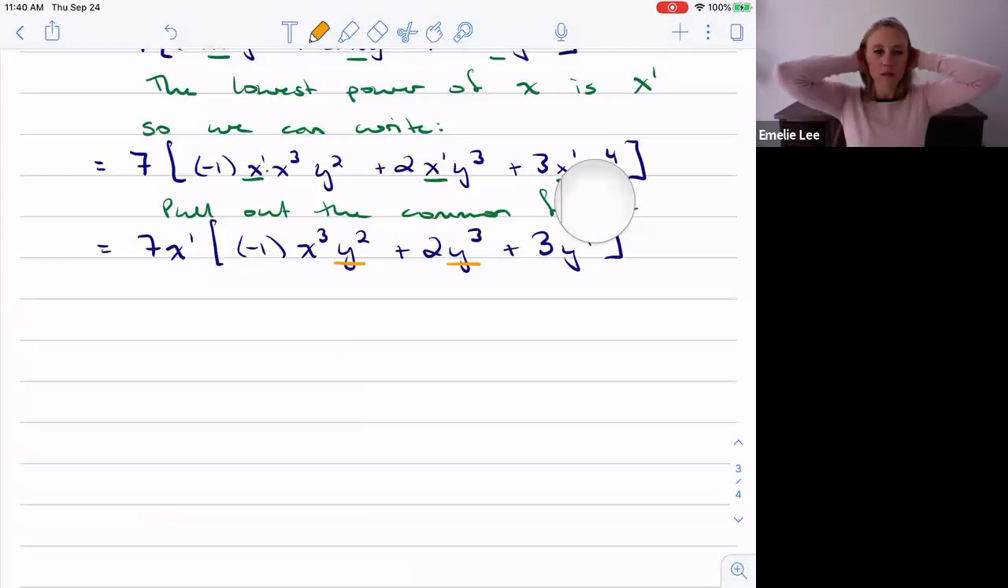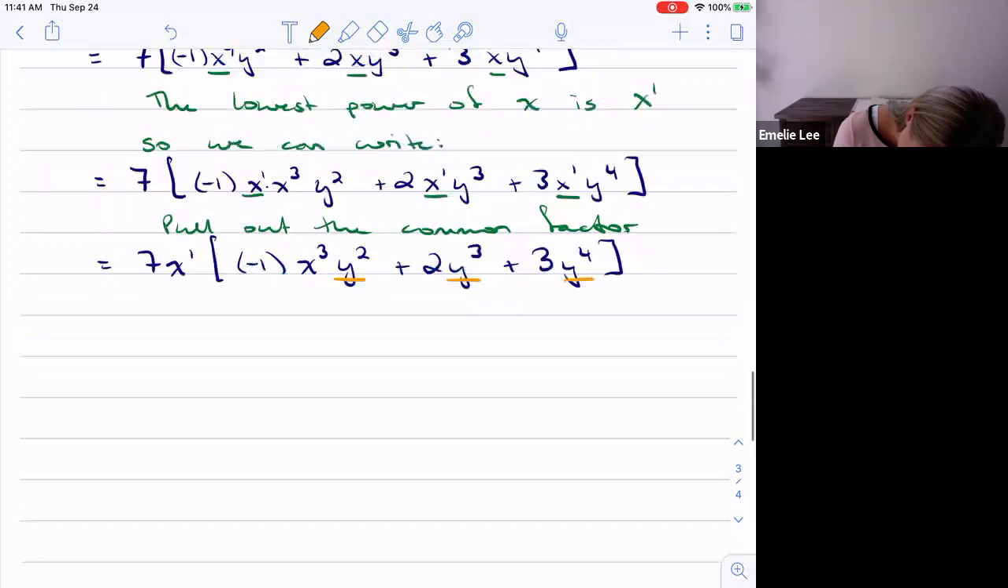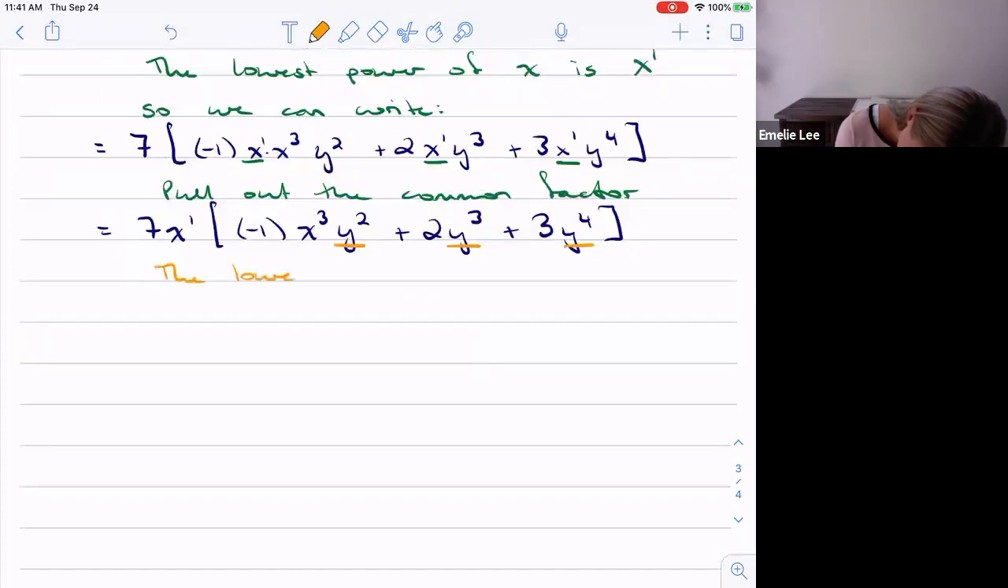Okay. So the lowest power of y is y to the power of 2, right? So I've got y squared, y to the 3, y to the 4th, and so I'm able to rewrite all these as multiples of y to the power of 2. So then the lowest power of y is y to the power of 2. So we can write